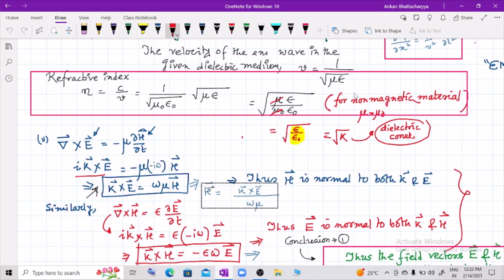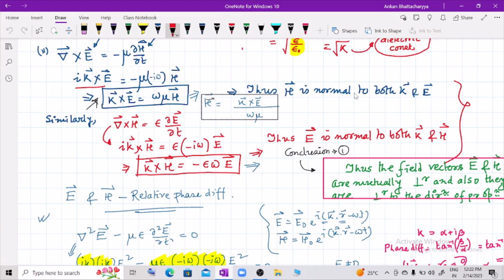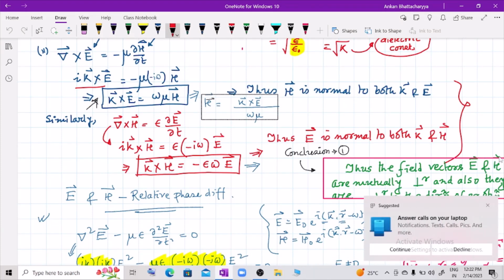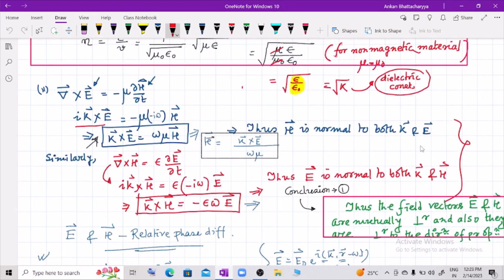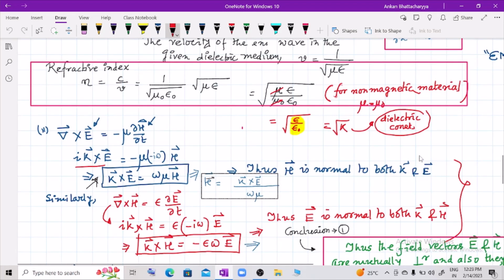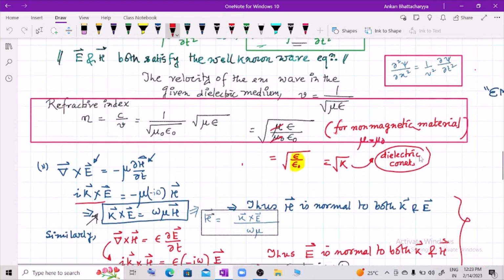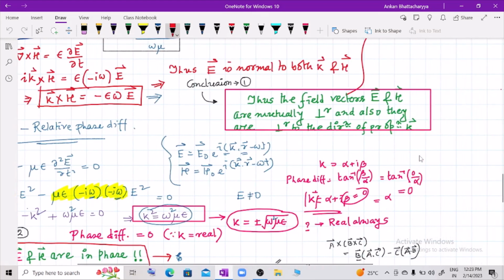And the relationship between the electric field and the magnetic field in the electromagnetic wave in a linear isotropic dielectric medium has been discussed very simply. In this case the refractive index has been determined, and also the transverse nature of the electromagnetic wave is shown,